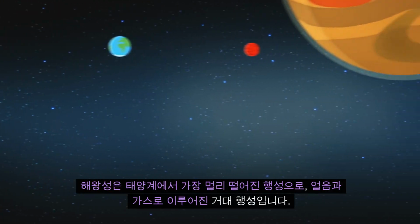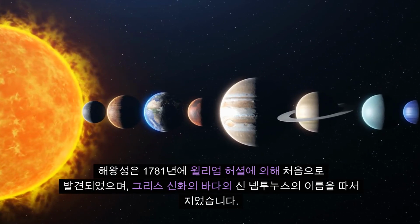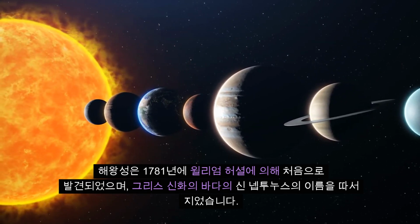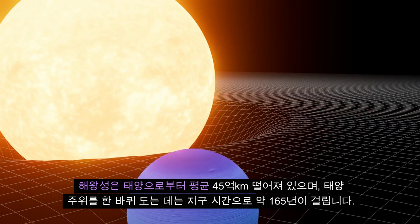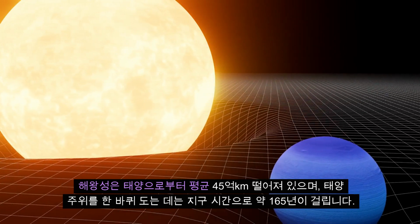Neptune is the furthest planet in the solar system, comprised of ice and gas, and was first discovered by William Herschel in 1781. It was named after the Roman god of the sea, Neptune. Neptune is located approximately 4.5 billion kilometers away from the Sun and takes about 165 Earth years to complete one